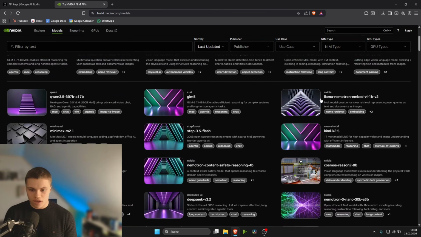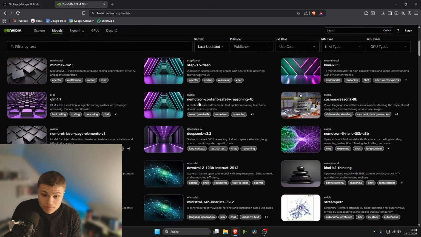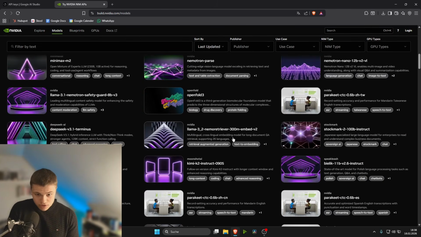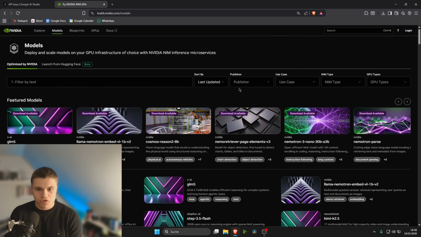They have Llama here, they have Minimax here, they have Qwen here, they have Step here, they have GLM here, actually DeepSeek. So some of the greatest models are in here, and you can just select any one